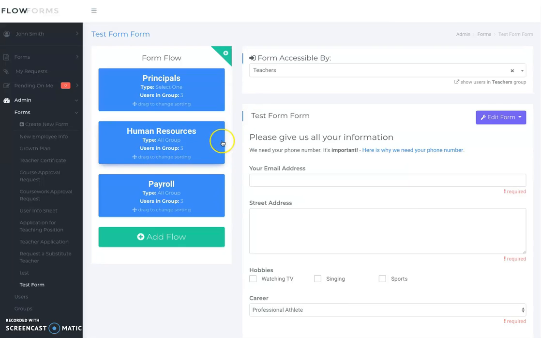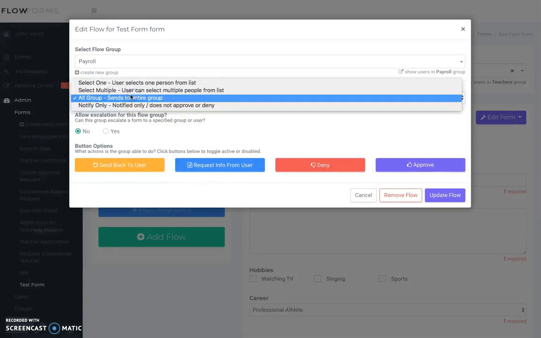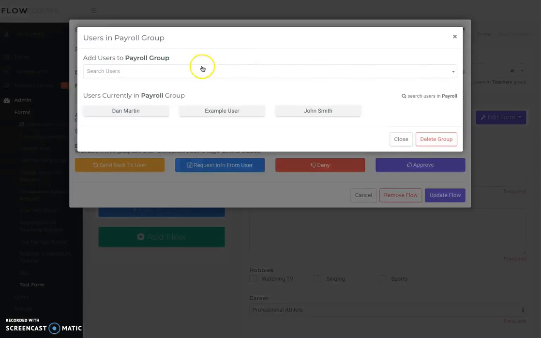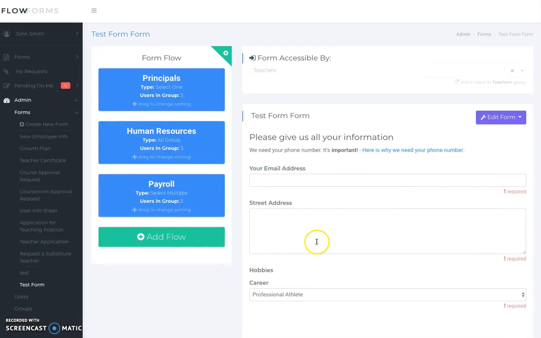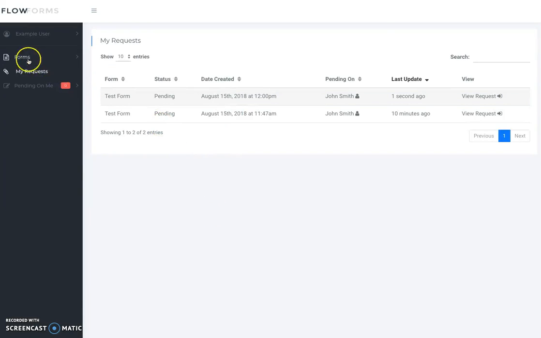That's just fine. But after human resources, we don't want payroll to be the all group. We want human resources to select multiple users from the payroll group. Let's make sure it has multiple users. So we'll say select multiple, meaning that human resources knows which users need to get this, and so they could select all three of them, one of them, or two of them. So we'll update this flow as well, and then we'll go back as a user, and we will fill out